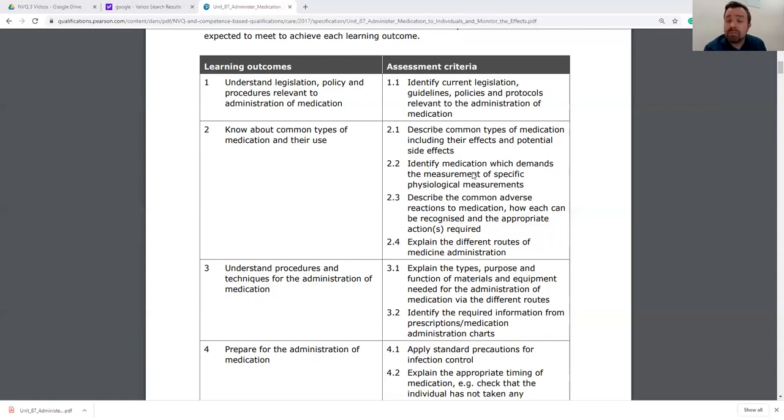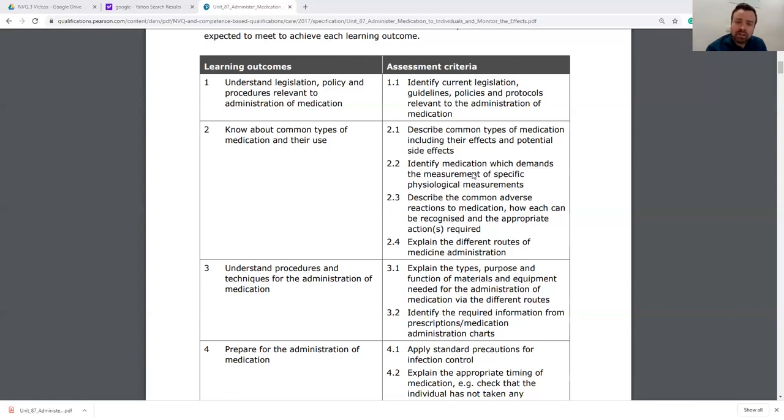2.2 wants you to identify medication where you need to measure physiological measurements. So physiological measurements might be things such as pulse, blood pressure, glucose. So let's give you a couple there. Insulin for diabetes will need physiological measurements done. You'll need to measure the blood glucose beforehand. So it's important that we do a physiological measurement. We establish what the reading is, which should be between 4 and 7, and then we're able to administer